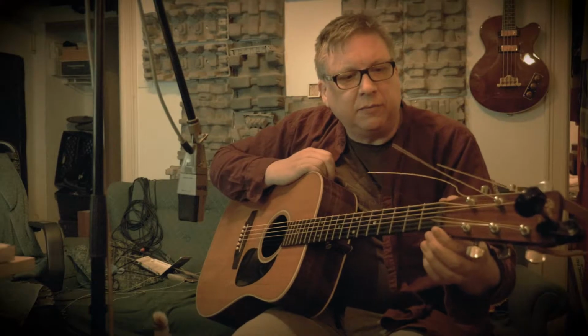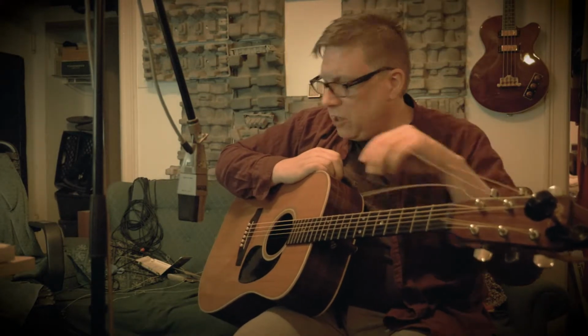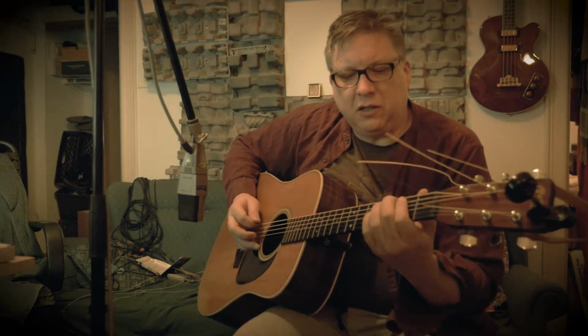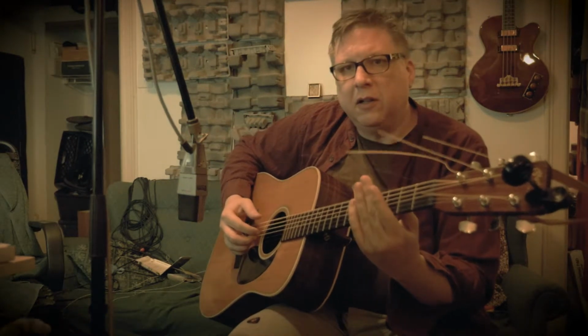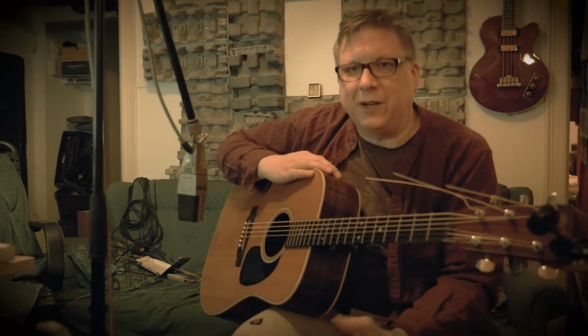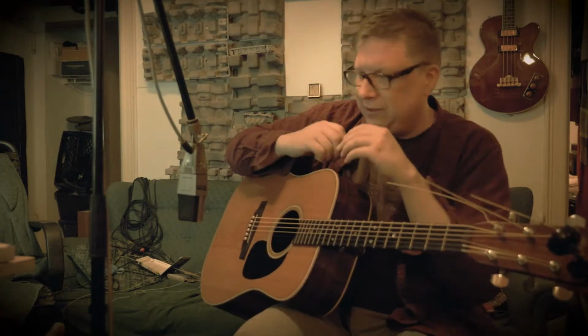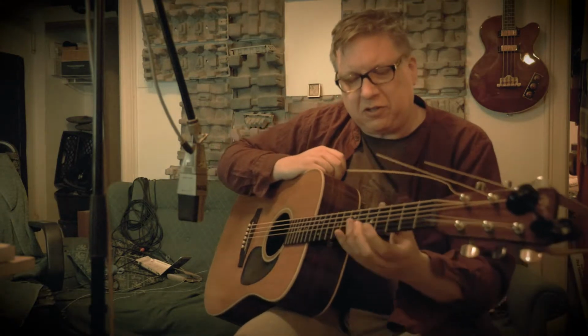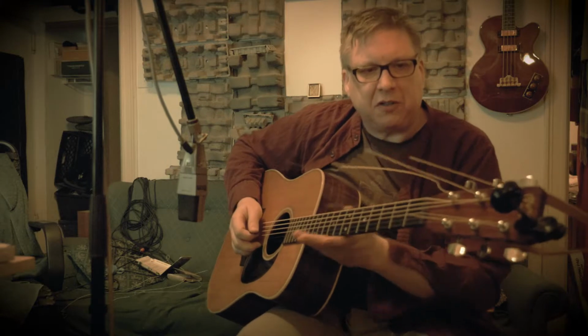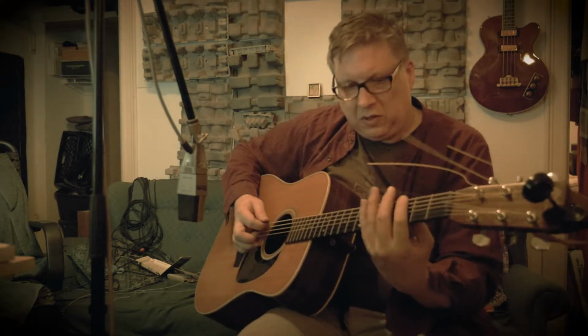Alright, and these are the DR strings. And I'm back to the compensated PLA 3D printed nut. Boy, these strings just sound, especially this low E. I mean, even without a pick, it just has so much more of that thing that I... With the Martins, I don't know, the strings just felt like electric guitar strings. Whereas these DRs...